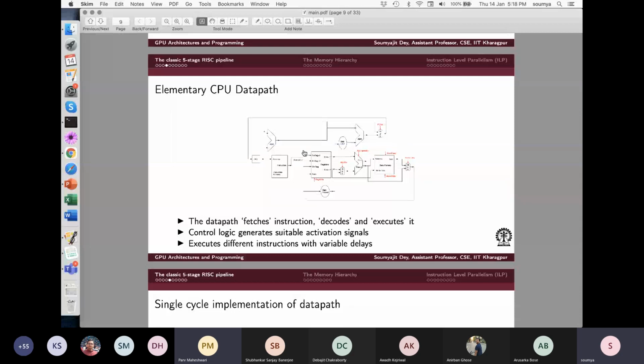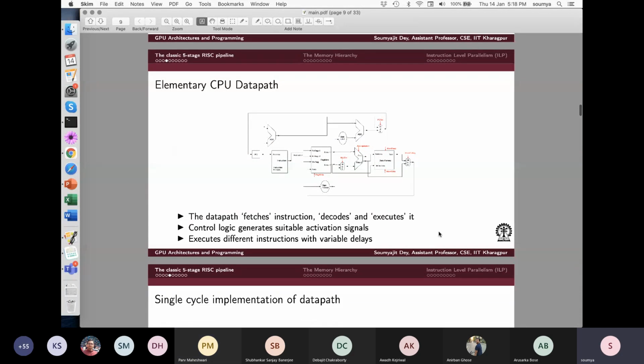Okay. So then came the CPU data path, and as you may have gone through this. In the CPU data path, when you implement it, there are different functions that it can do. But the issue is, depending on what operation you are doing, sometimes the CPU data path may take 5 cycles, sometimes 2 cycles, sometimes 3 cycles, like that. So how do I clock this data path? I have to give a clock whose width is at least greater than the maximum delay that can occur, right? So that will make the data path very slow.